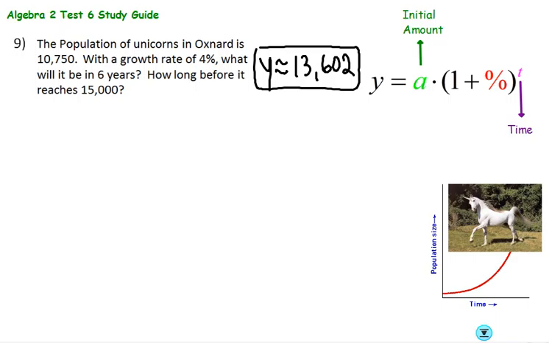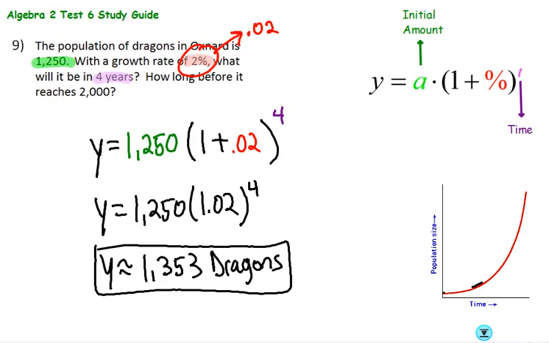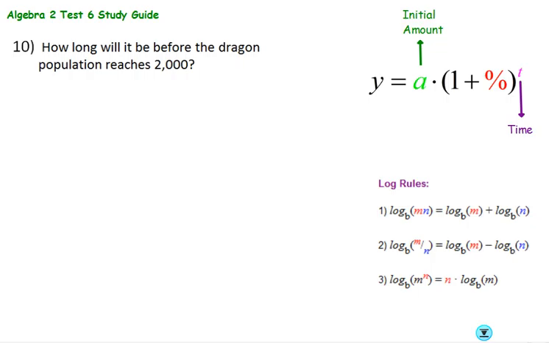Alright, so let's move on here and let's try number 10. How long will it be before the dragon population reaches 2,000? So we're actually kind of referring back to this first question about dragons of 1250, right? So we're kind of using the same information. So how long will it be before it reaches 2,000? So what we want to know is that if the population kept growing at this amount, right? And what this y represents, it represents the ending amount. So what we're saying is that if the population ended up at 2,000,